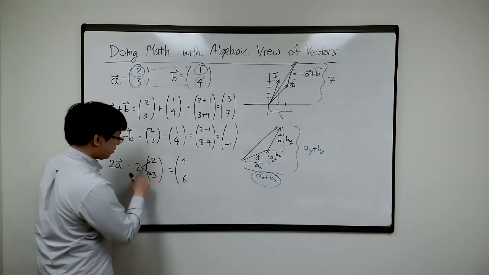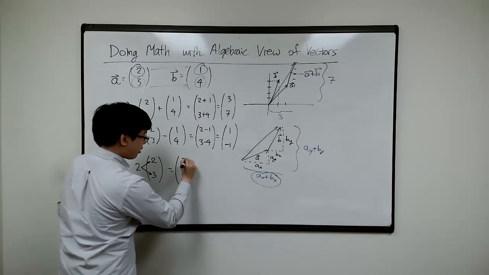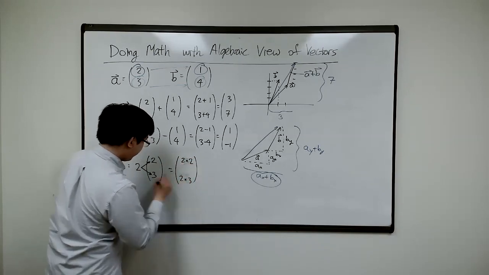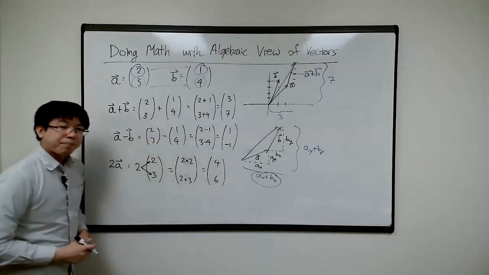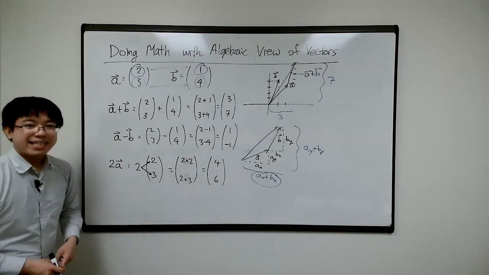4, 6, right? So 2 times 2, let's make that clear. So I have 2 times 2 and 2 times 3. So this kind of just goes in, so you have 4, 6. Now I can prove this to you in 2 ways. The first way is just draw out a diagram again,